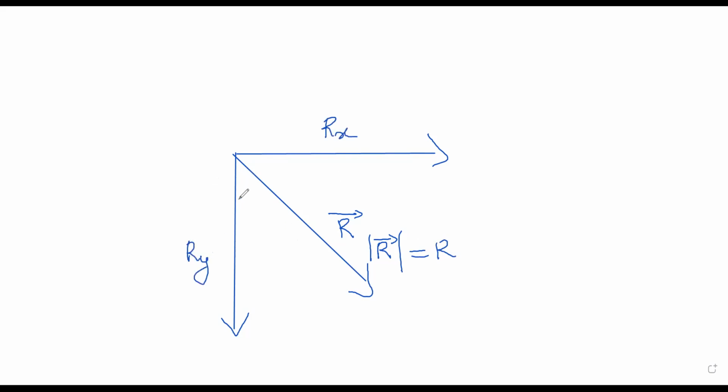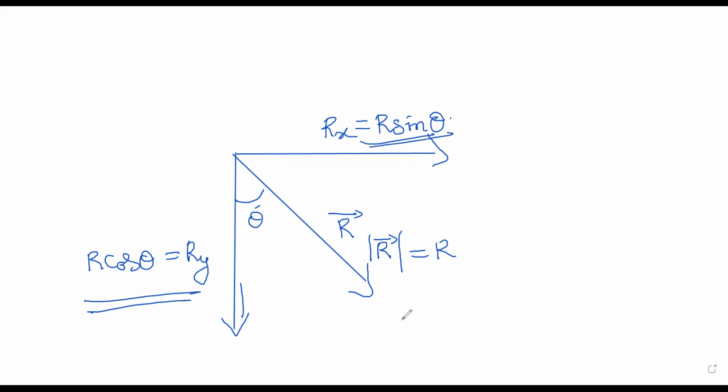And now they have given the angle with the vertical is theta. This is the vertical angle. Now it's very simple. This is the component which is attached to theta. Ry is attached to theta. So ry becomes r cos theta. And now rx is away from theta. You can see that rx is away from theta. So rx becomes r sin theta. I hope I'm clear. And now let's move on to the next situation. I hope you all understood the situation.